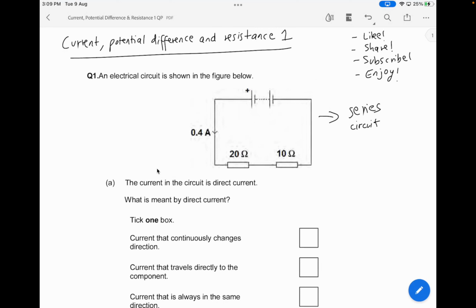Hello guys, today I'm making a video on some basic insights on how to solve questions related to the topic current, potential difference, and resistance. This is a paper video and hopefully it can help you all solve these types of